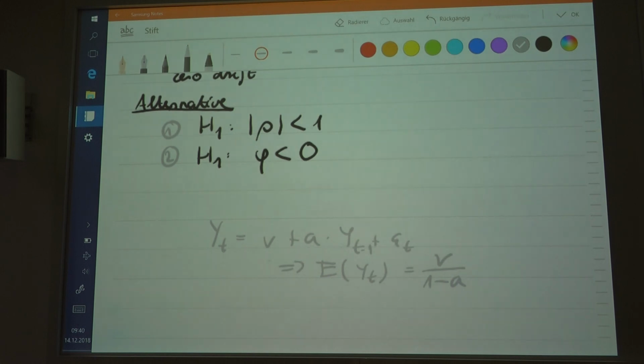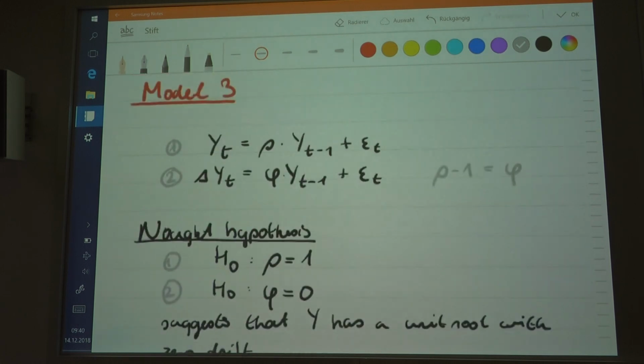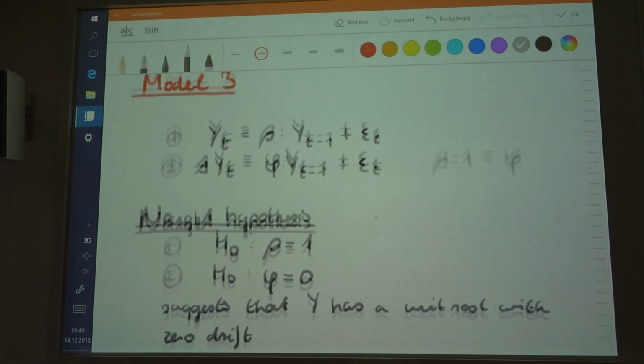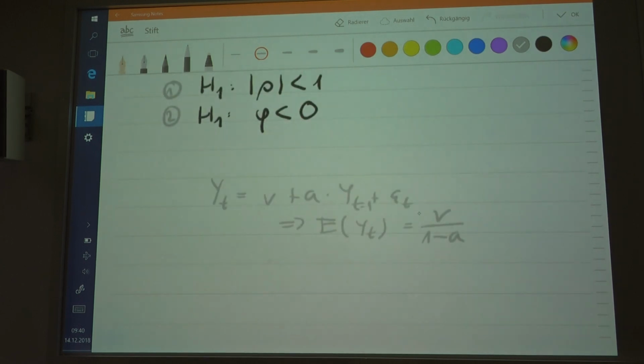Maybe remember this. Now here you don't have any constants in this case. So if you don't have a constant, then basically the expectation would be 0. You don't need to write it down, because that is something from the previous chapter. So that was the expectation here. In this case, v divided by 1 minus a, if v is equal to 0, then the expectation